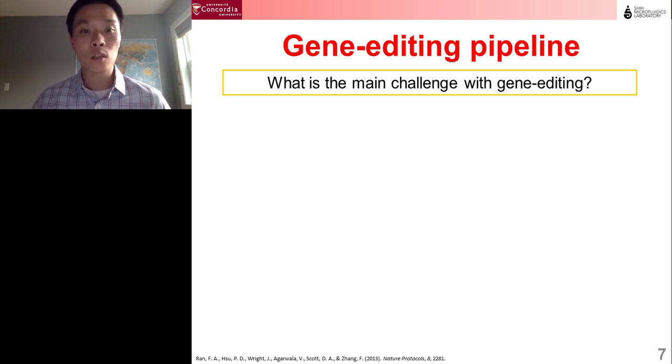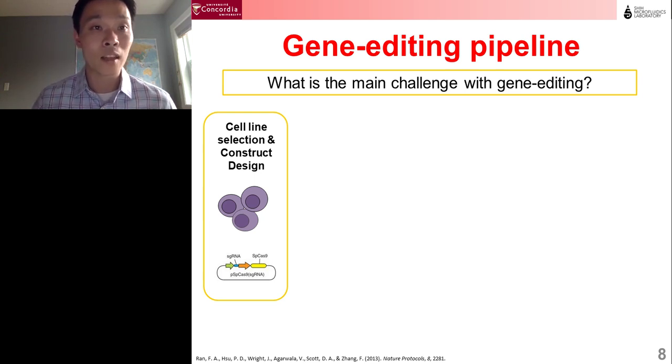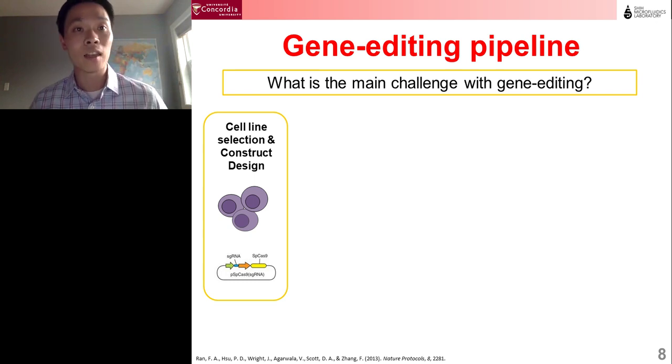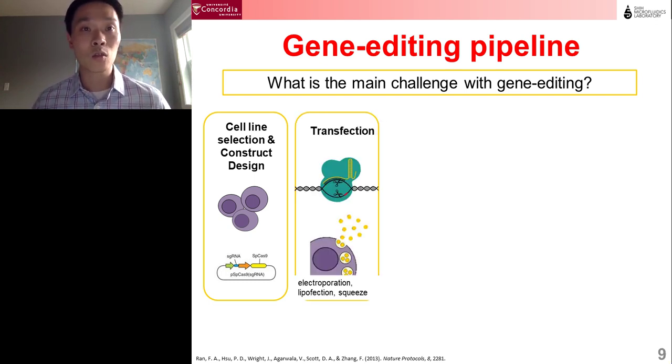editing. And so when you want to start gene editing, the first step is that you want to select a cell line that you actually want to edit the genes in. Then you want to design the construct, or specifically the guide, as I explained before, that will target the gene that you want to cut. Next, you want to actually deliver this construct into the cells that you want to edit. And this can be done with a number of different techniques, such as electroporation, liposuction, squeeze